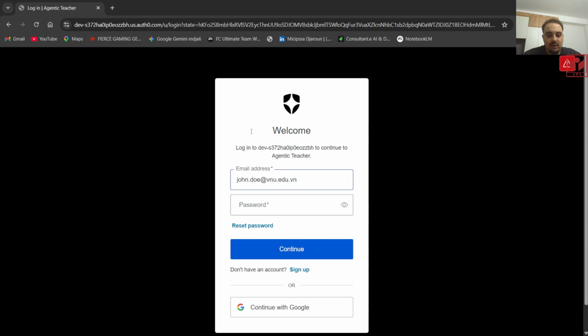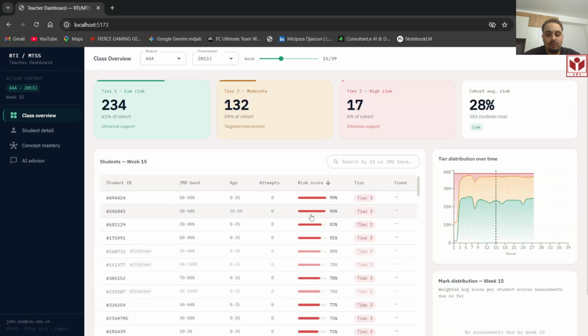For now, we will connect with a teacher account to see the John Doe account. When you arrive at the dashboard, you can see that you have only the module AAA and this presentation, because John Doe only has access to this class. After, we can log out